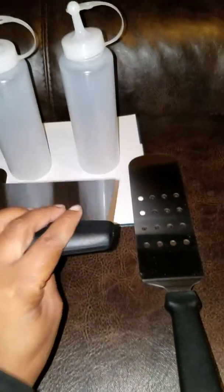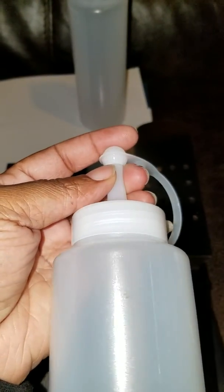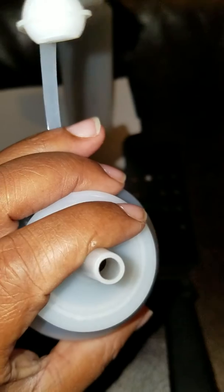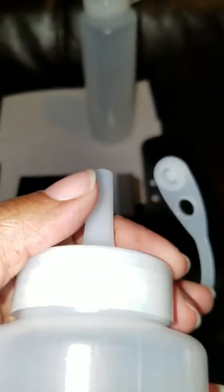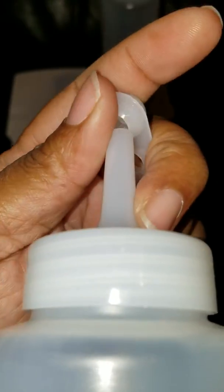This is your scraper and your other spatula. Both of your dispensers are made the same, with the top that completely covers the top, so you don't have to worry about your food in there getting dried out or anything. Nice big hole where you don't have to fight to get your condiments out. Very easy to use for